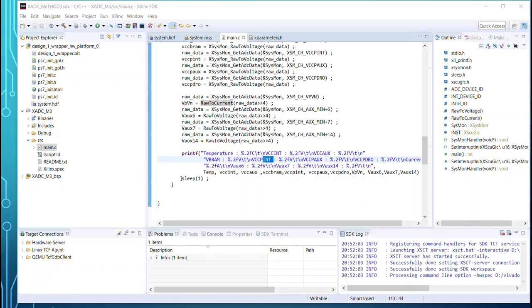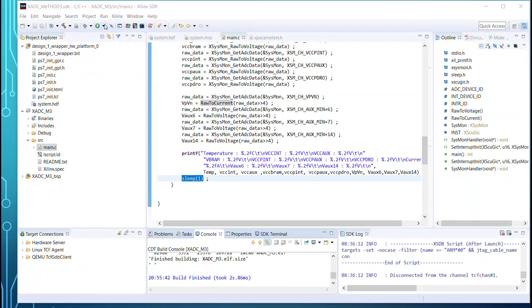Finally, with using this function, the 1 second delay is applied so that the measurements are updated and displayed once per second. After completing the main.c file, go to Run Configuration,